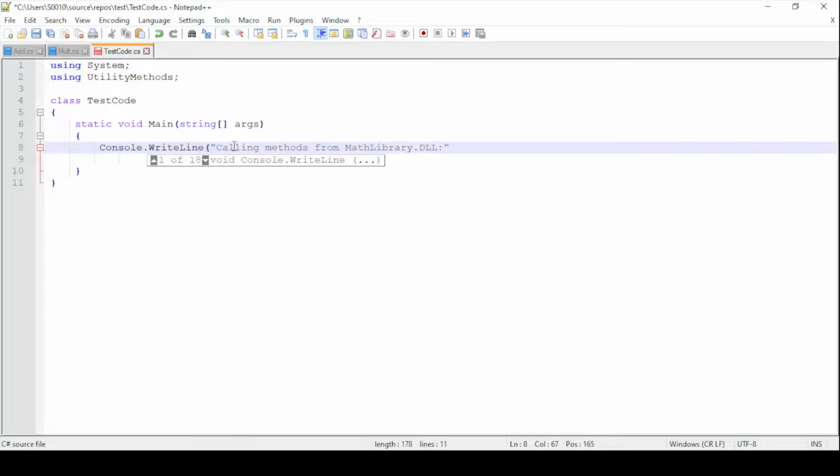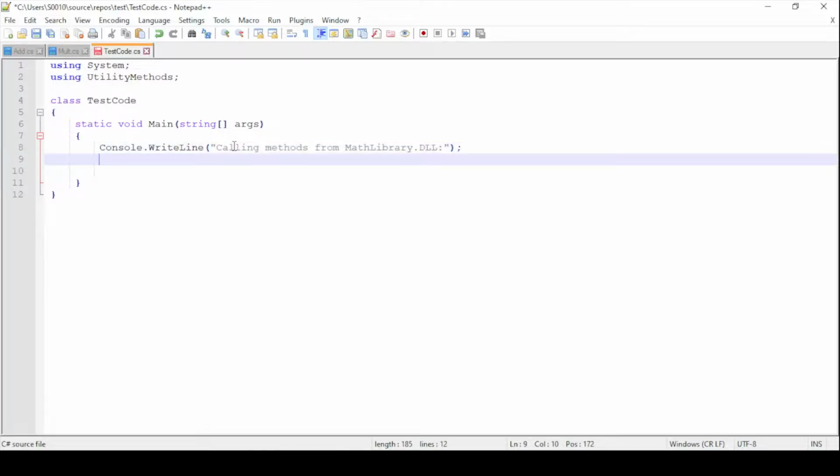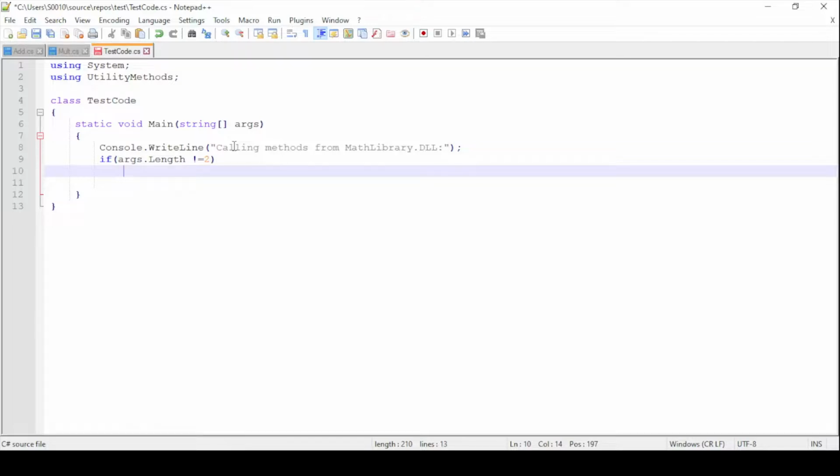Okay, let's put this to end. This will be written on the console when we run this program. And then, let us put some conditions. If the arguments we have captured have a length not equal to 2, because we want at least two different parameters. So if not equal to 2, then